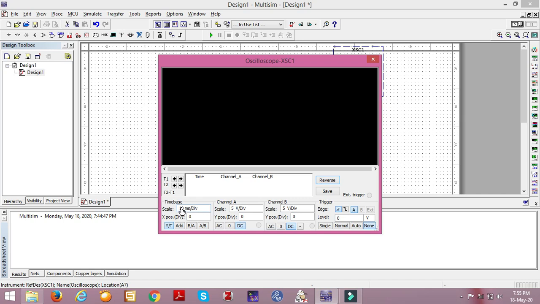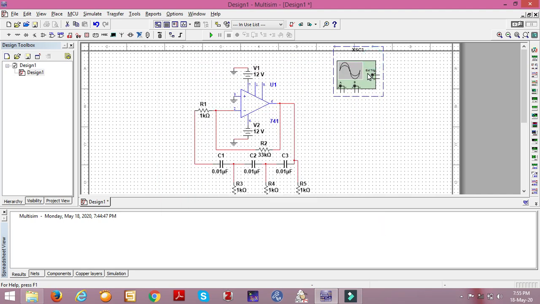And manual adjustment needs to be done more here. It is not so user friendly, so I will always avoid using this type of oscilloscope. Instead I will take the oscilloscope which is developed by Keysight, from the vendor Keysight.